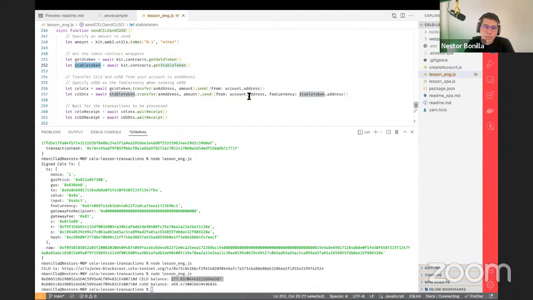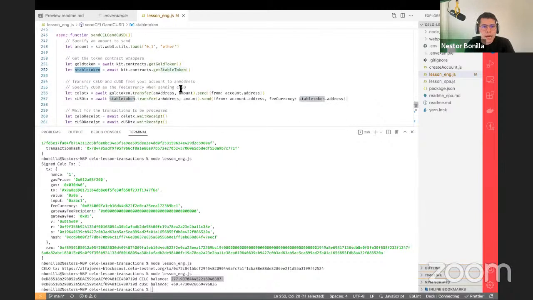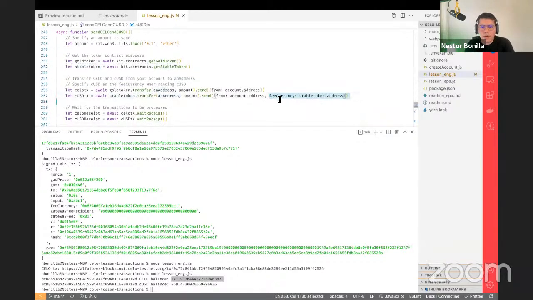So it's gonna say from this account to an address account, and we are gonna specify in the fee currency the address of this stable token that we want to use. So basically with this, we're saying, please Celo, send a transaction using this stable token as the fee currency. All right.